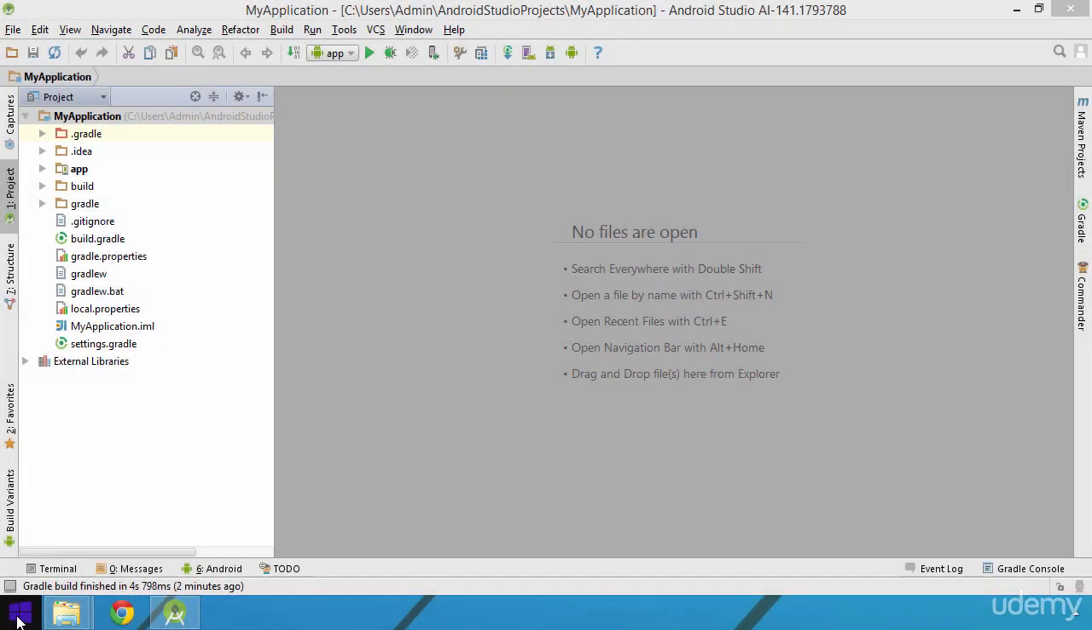Hi, in this video we'll discuss working with real devices and emulators, also known as virtual devices, in Android Studio. Before publishing your app on the Play Store, it is a good practice to always test it in at least one real device, if not multiple devices, having different screen sizes and resolutions to make sure that your app